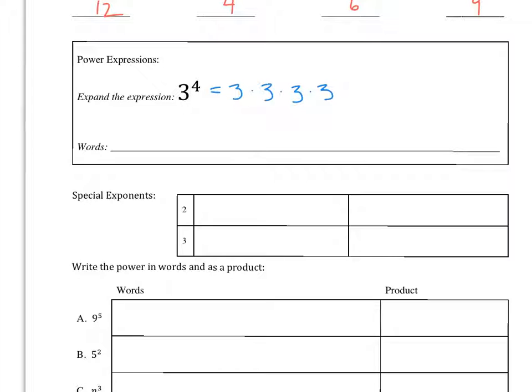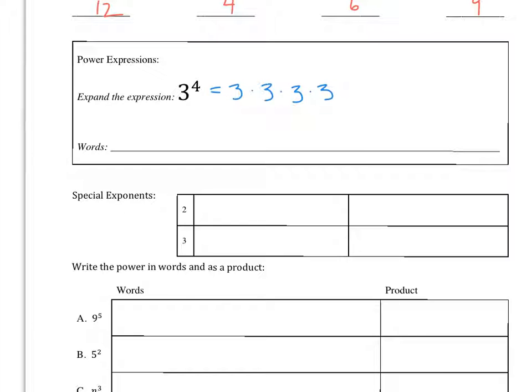All right, so when they say expand, expand means use your operation and multiply it out. Now, could we have done 3 plus 3 plus 3 plus 3 to be 3 to the 4th? No, it has to be multiplying, okay? All right? So now, if I were to put that into words,